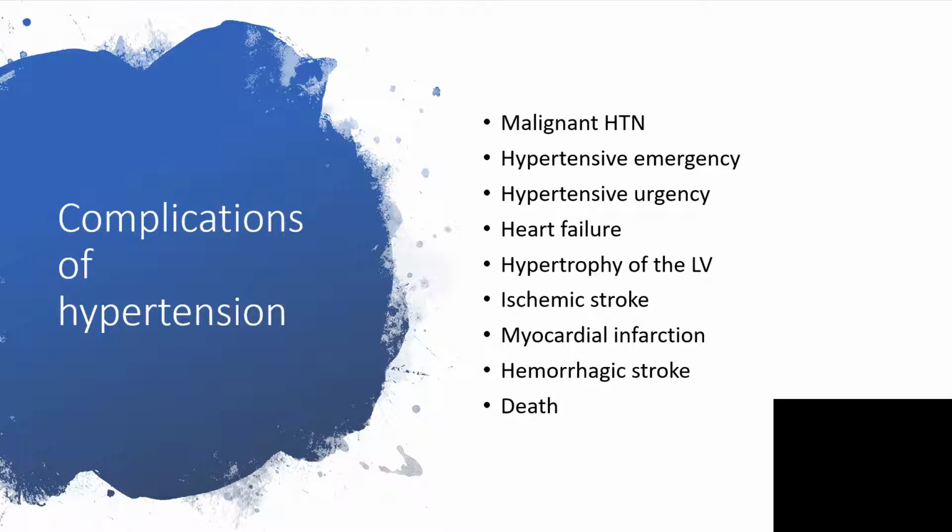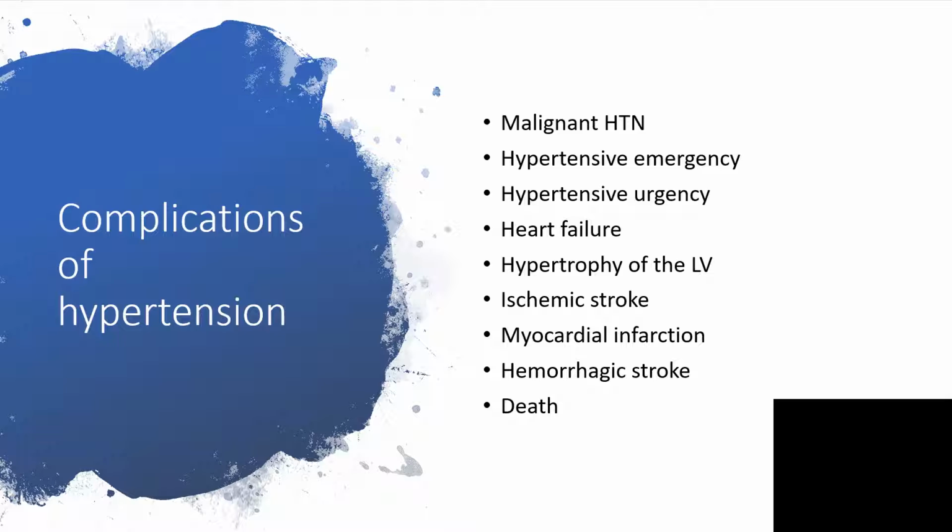Complications. It's possible we're dealing with malignant hypertension, you're doing everything, you're not getting out. There's possibility of hypertensive emergency, the BP is up, there are signs of end organ damage. Or hypertensive urgency, the BP is high, but no signs of end organ damage yet. Can lead to heart failure, can lead to hypertrophy of the left ventricle, can lead to ischemia, can lead to myocardial infarction,